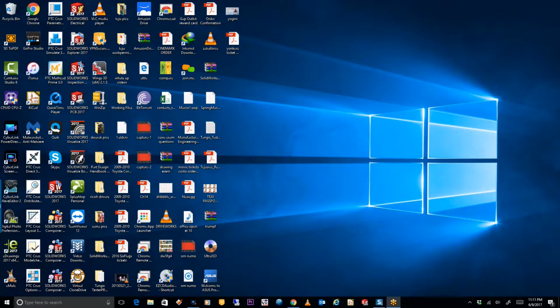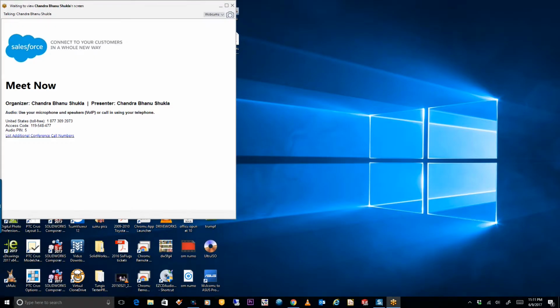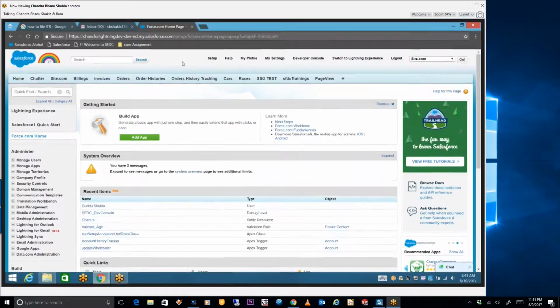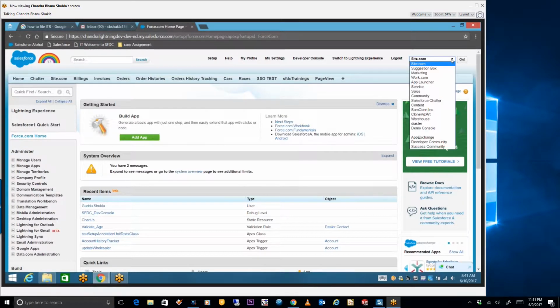I'm going to show you my screen. First of all, I'm going to show you what I'm going to cover and how long it will take. Are you able to see my screen? Yes. Perfect. I hope you have gone through all these things and are very familiar with this screen. We have some default Salesforce applications. We have AppExchange where we have published our application. We have the developer community where you can ask any questions. We have the success community where you can raise your ideas.